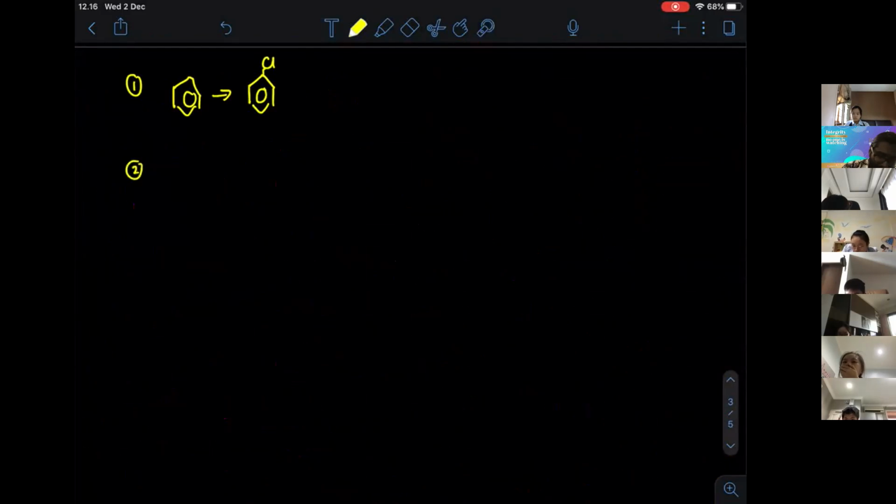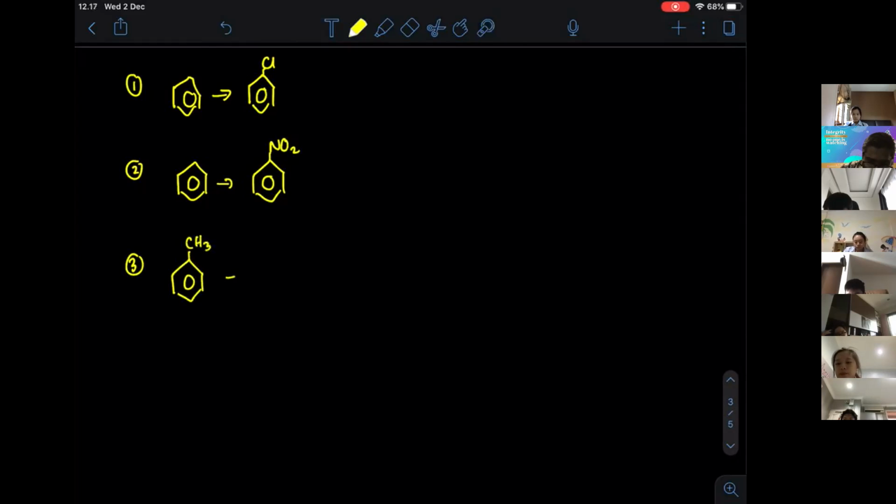Number 2, we also learned how to change a benzene, if you convert it into NO2, nitrobenzene. We also learned about how if you have a methyl benzene, for example, when it is changed under free radical substitution, how you can convert it into